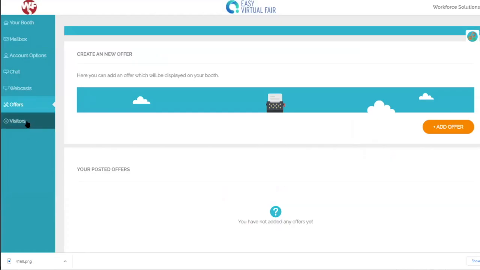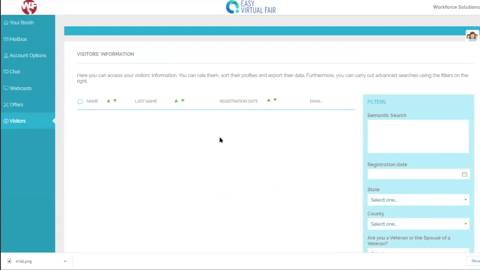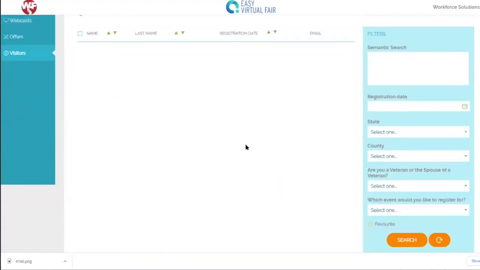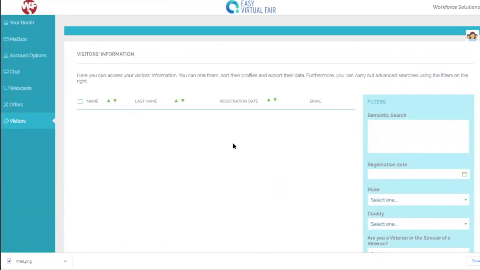The final section on the back end of your booth is the visitors section. Now this is one that can be tricky because it is sensitive information and it gets wiped from the site after the use for that day. So you want to make sure that if you're going to hold on to this information in order to reach out to the job seekers who have visited your booth, that you pull it from the site into an Excel spreadsheet or whatever document you'd like to use prior to the end of the fair. Otherwise, it will be lost and the website nor workforce will be able to share that information with you